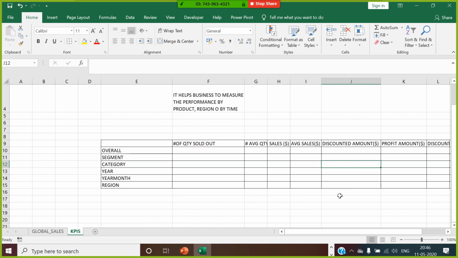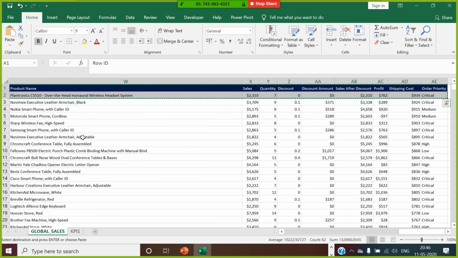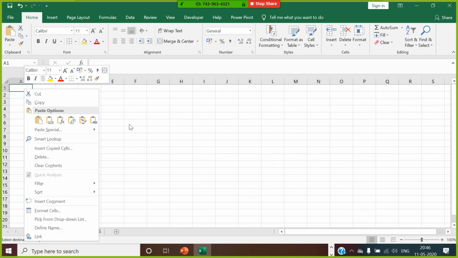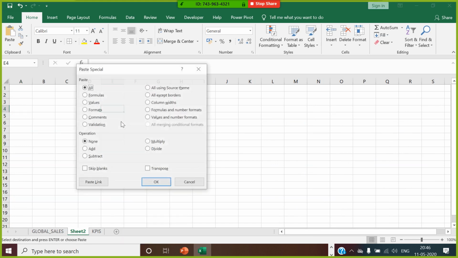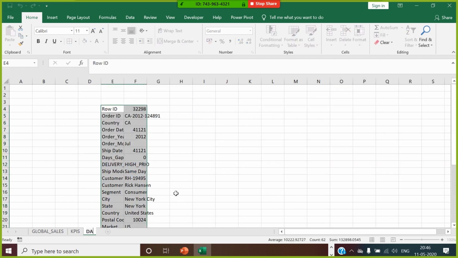Based on these KPIs, looking at this data, I have to identify what are the dimensions, what are the major fields which are really important for me to analyze. So I copy this data over here. I paste these values over here. As I said, this would be my data reading steps.